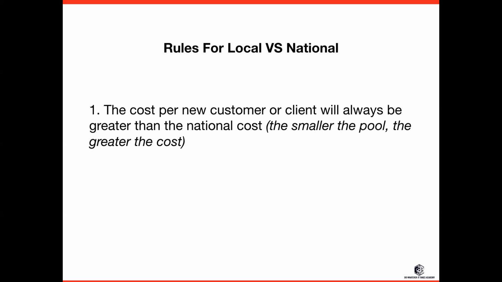We have to understand that the smaller the pool, the greater the cost. If you're dealing with a 1 mile market radius, then your price per acquisition is going to be way higher than somebody who has a 50 mile one. And theirs is going to be way higher than somebody who has none, like if they're just like, look, I can market to the national. And then you have global. If you're dealing with a global product and you can market it globally, your costs are going to be a lot less in certain countries, overall bringing down your average cost per acquisition because you have a bigger pool.